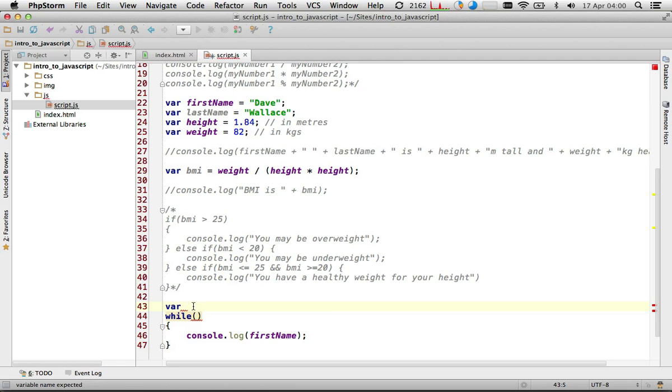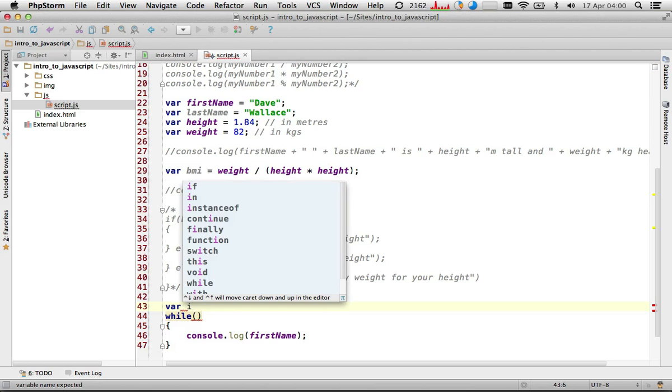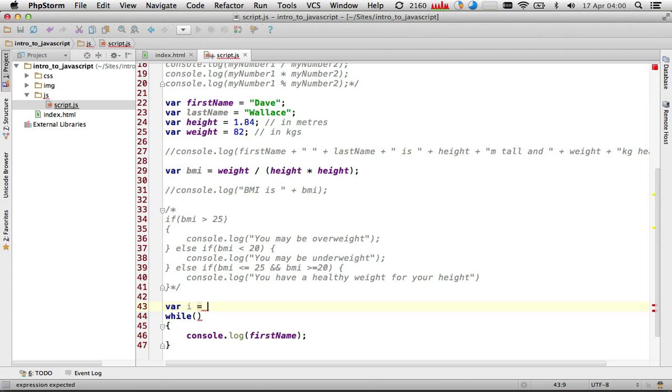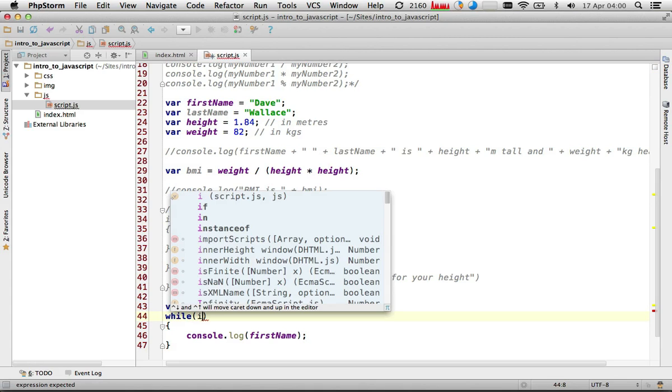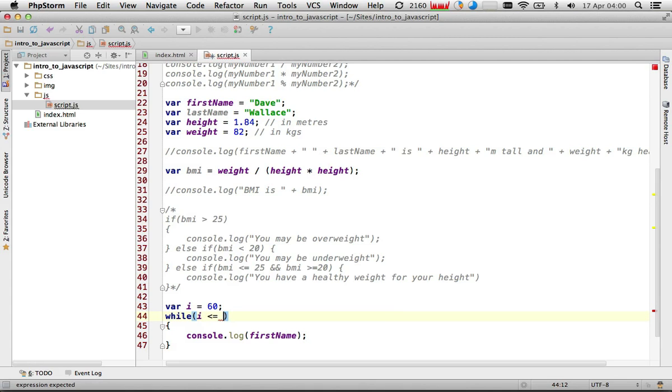When you're creating variables in a loop, it's quite common just to see them written as i or x or count, something generic like that. So I'm just going to say var i is equal to 60, and I'm going to say while i is less than or equal to 100,